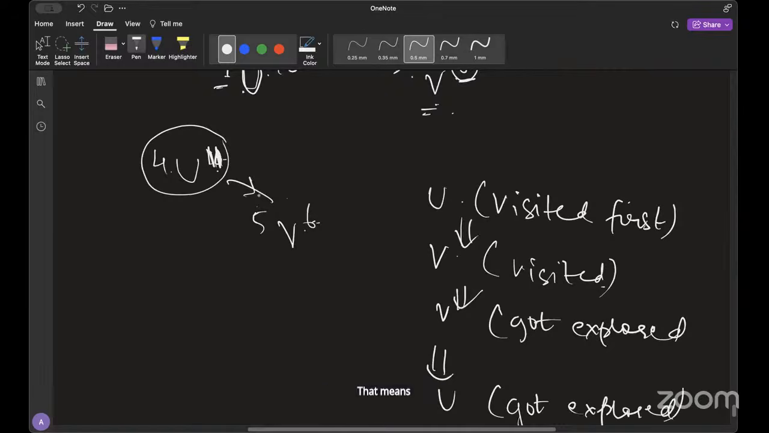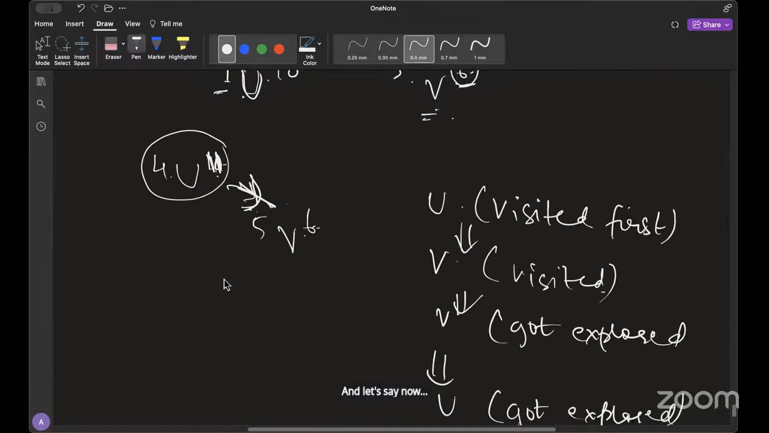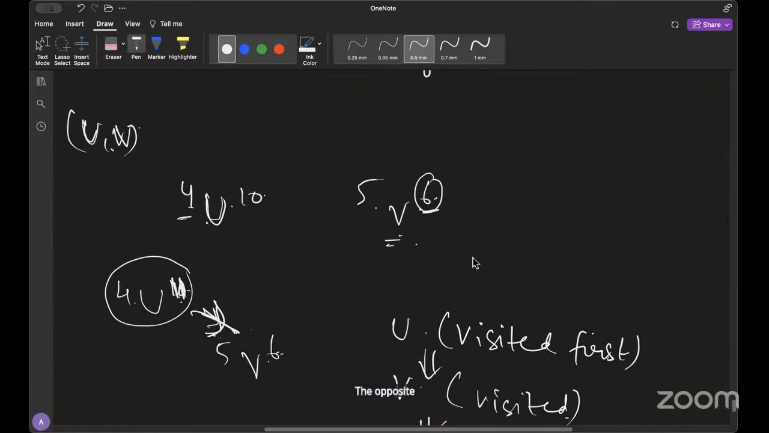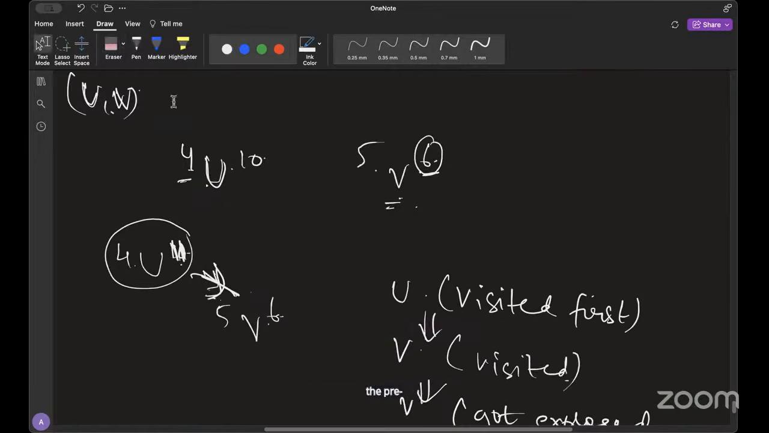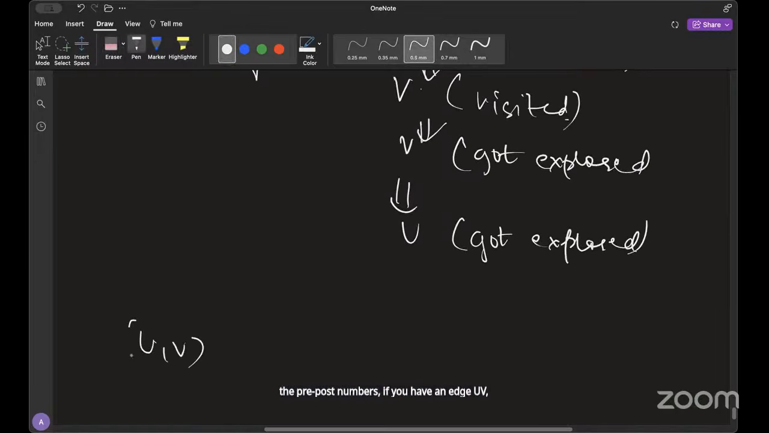That means it's a forward edge. It's pointed in this direction from U to V. That means it's a forward edge, right? And let's say now the opposite happens. The definition is as this. Let's say the pre-post numbers, if you have an edge UV, for forward edge. So UV is called a forward edge